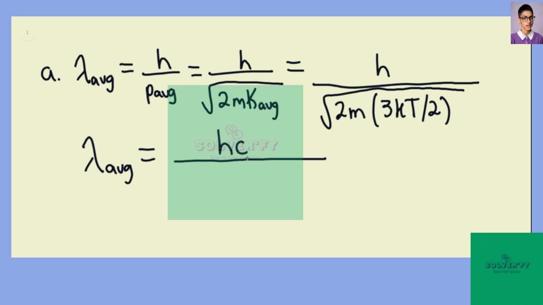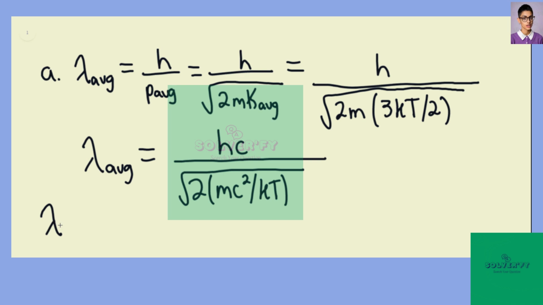We can rewrite this and say that the average wavelength would be equal to Planck's constant times the speed of light divided by the square root of 2 times mc squared divided by kT. My apologies, at this point we can say that the average wavelength would be equal to